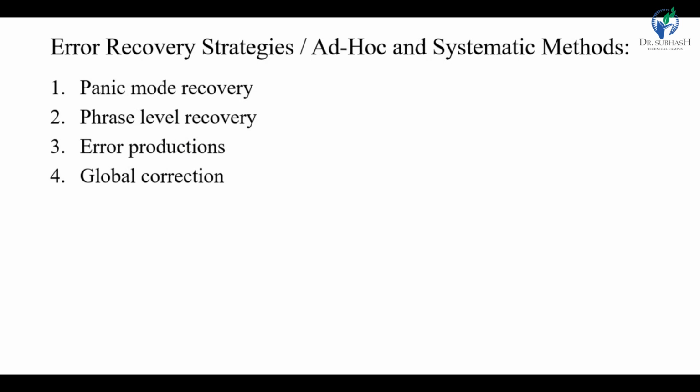Sometimes you may be missing a comma or semicolon. At that time the parser can add it, but it is not always possible, as the programmer may not have missed it by mistake. So, the local correction can be replacing a comma by a semicolon, deletion of a semicolon, or inserting a missing semicolon. This type of local correction is decided by the compiler designer.